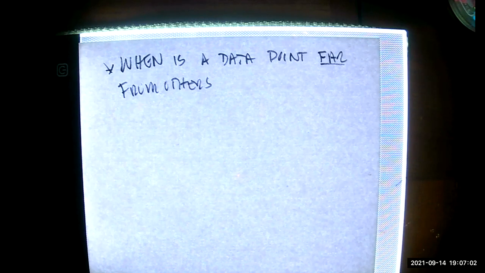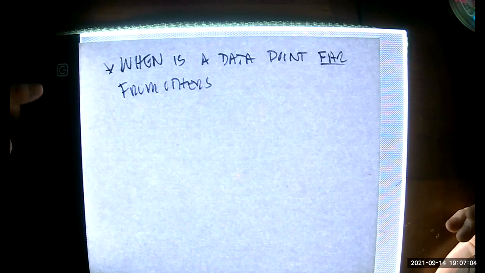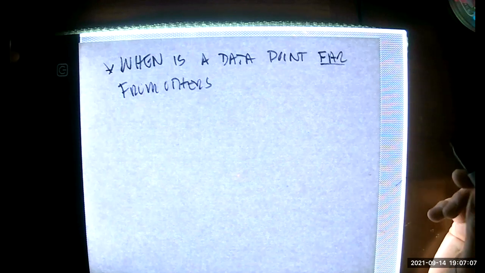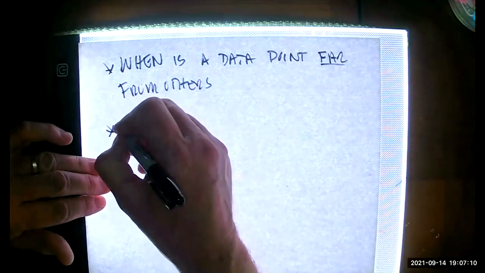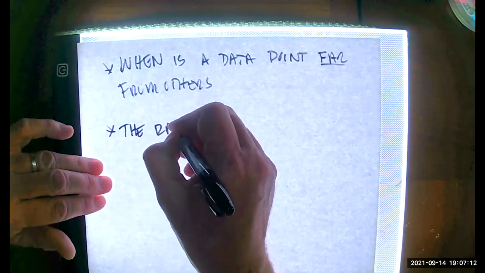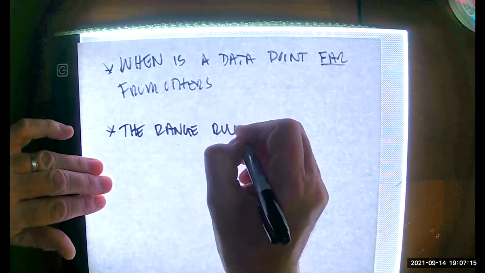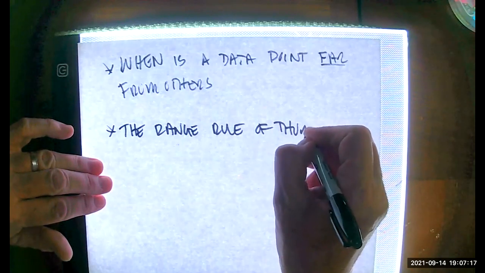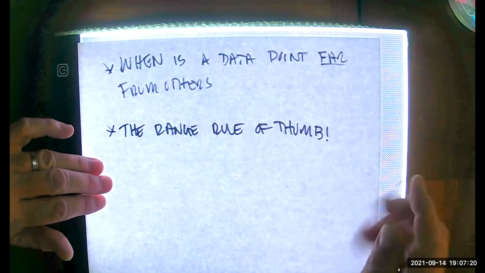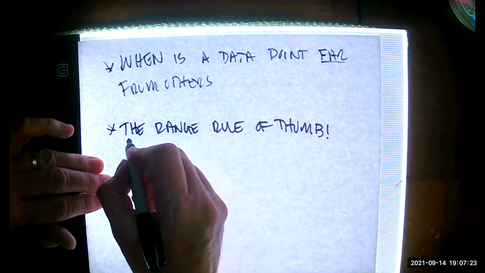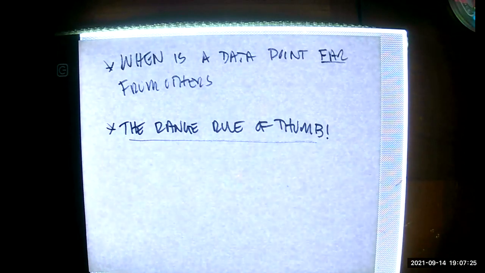And there's a number of ways to do that, by the way, but we do have some rather fundamental ways of going about that at this level. So we have what we call the range rule of thumb. Anytime you see the phrase rule of thumb, you should note that it's a rather generic sort of statement, and it might be different someplace else. So the range rule of thumb says the following: